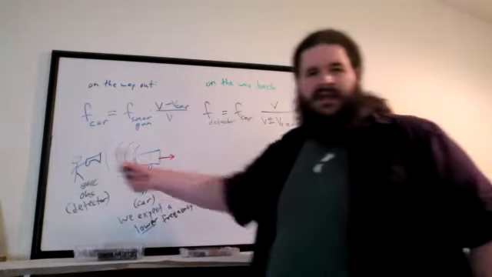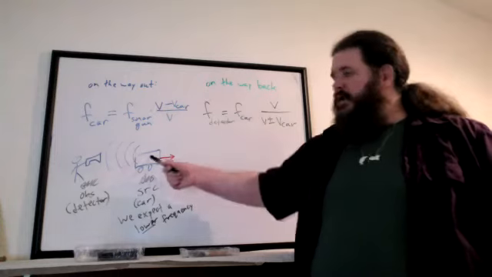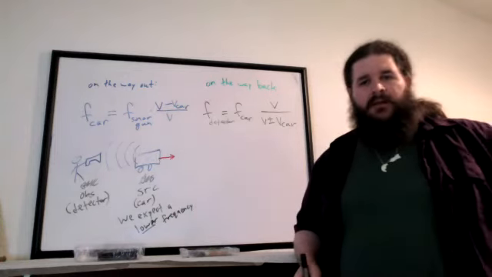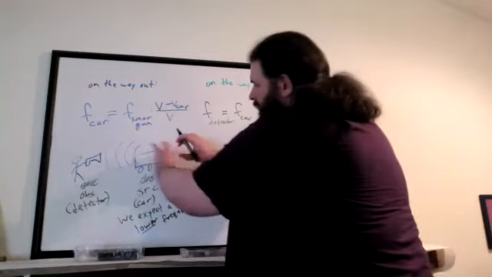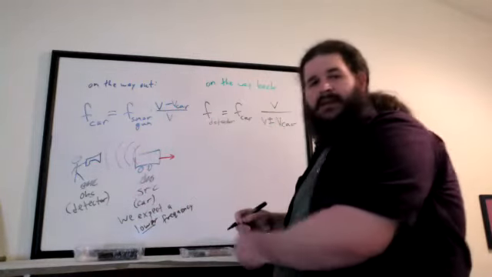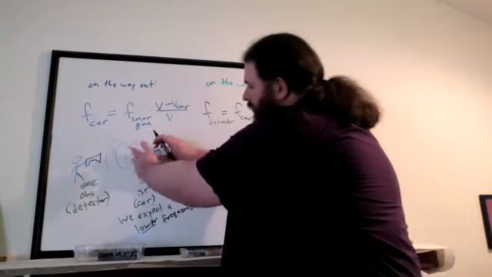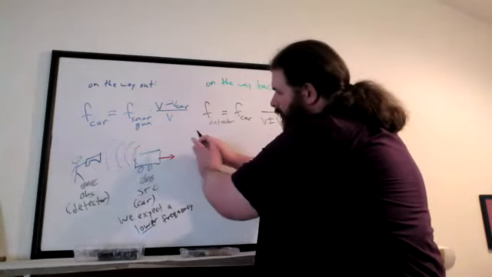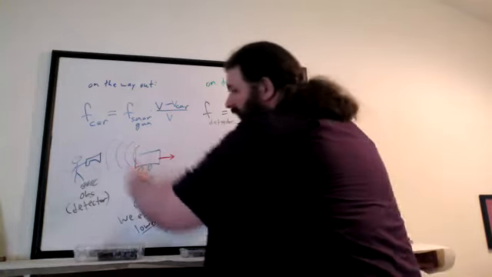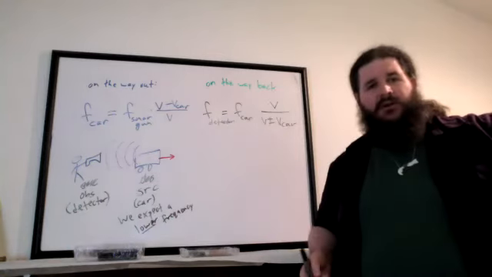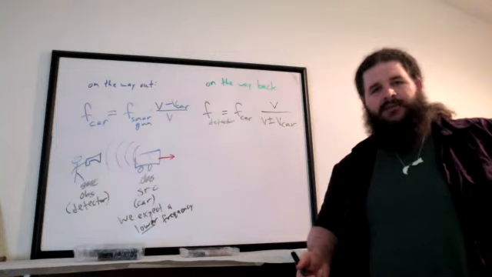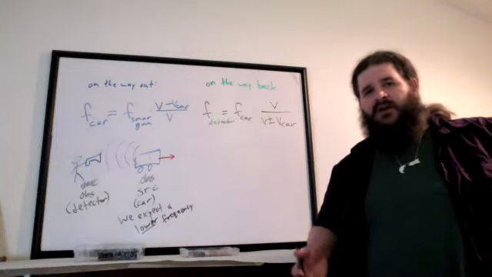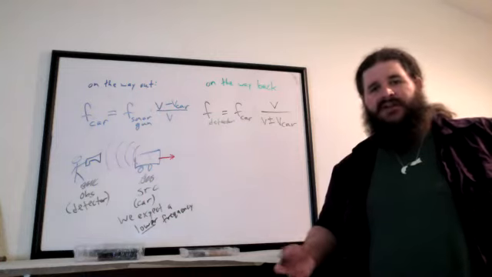You're going to be hearing a lower frequency than the frequency the car is emitting or bouncing. Because if the car is moving away from you, let's say one wave hits the car and bounces back and takes a certain amount of time to get back to you. By the time the next wave shows up, the car has moved a little further away. This next bounce back has to travel further to get back to you. Since it's traveling further, it's going to take a little bit longer than the last one. Each wave takes a little bit longer than the last one.